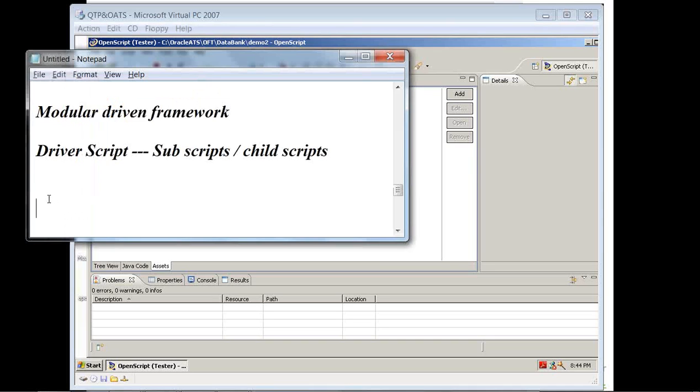This is one of the best features of OpenScript, which lets us create the parent script and the child scripts within the workbench itself. With other tools, for modular driven frameworks we need to rely on some other sources, but here everything is housed within the tool itself.